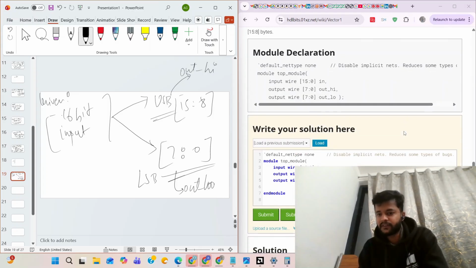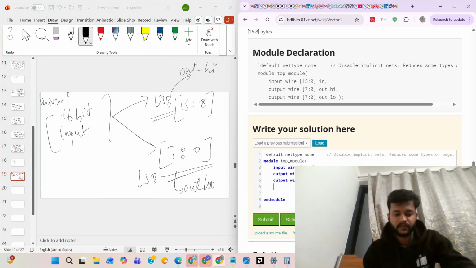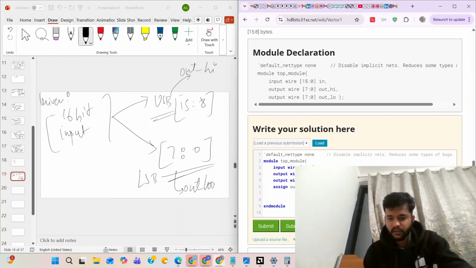So we'll move to solve the problem. We'll use the assign statement. We'll start with assigning the lower significant bit. So we'll assign 15 down to 8 of input, assign out high to 7 down 0 of input.